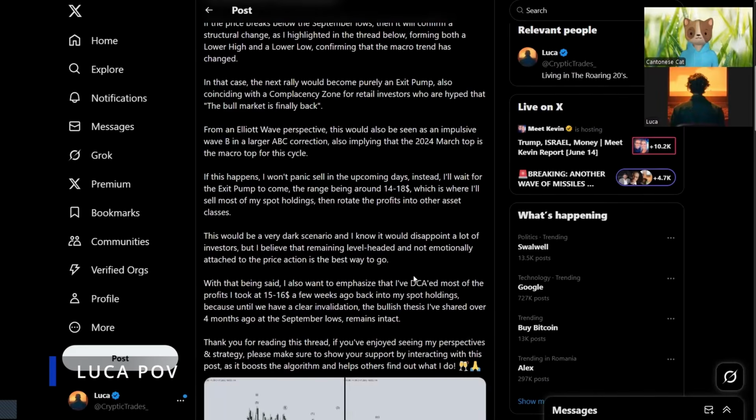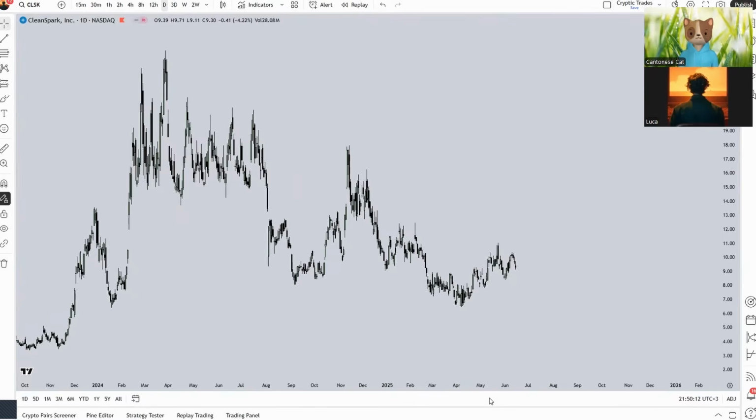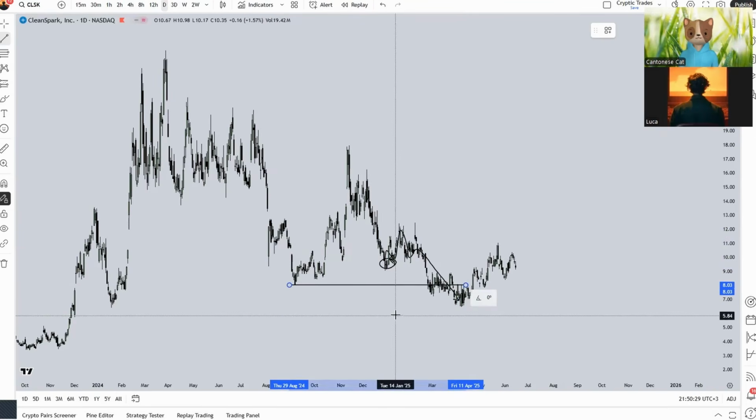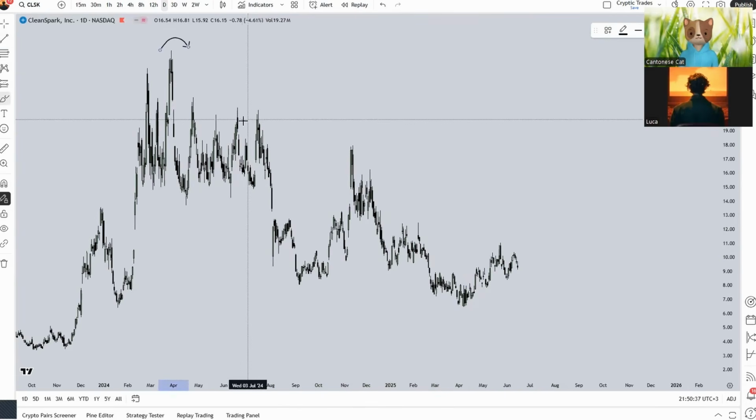And these were the two scenarios I highlighted at the time from an Elliott wave perspective. So let's now move on to the charts and see what happened next. Moving to the charts now, we have CleanSpark, and this is where that post was made. We've had a brief bounce to the upside and then a continuation to the downside, basically breaking below the September lows, and also breaking its high time frame bullish market structure by forming a series of lower highs as well as lower lows, as you guys can see here.